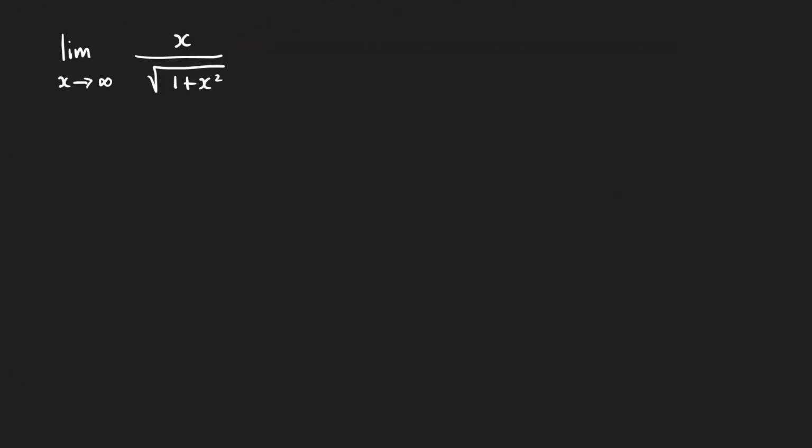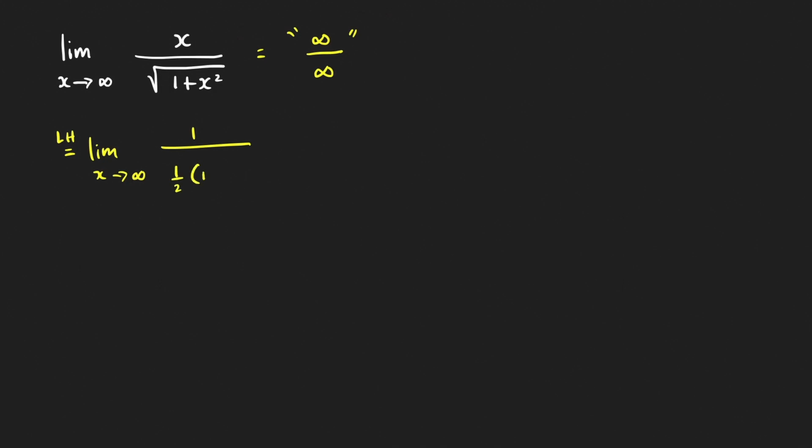First problem. So if you're looking for the limit of this expression as x approaches infinity, we know that this limit has the form infinity over infinity. As x goes to infinity, the numerator goes to infinity, and the denominator also goes to infinity. So if you apply L'Hopital's rule for this limit, then we'll get the limit as x approaches infinity of the derivative of the numerator, which is equal to 1, over the derivative of the denominator, which is equal to